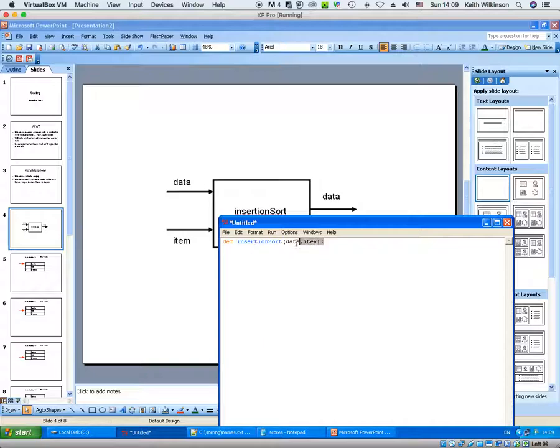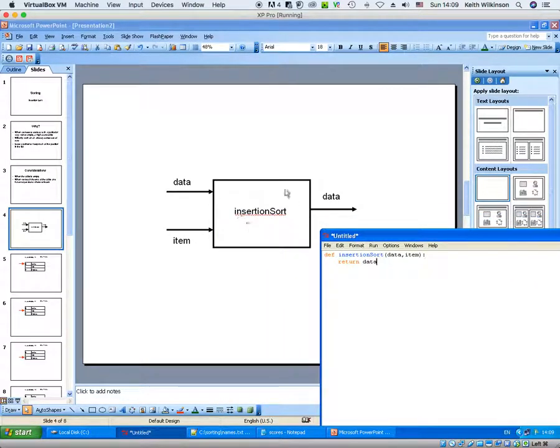All of this is called the function header. Now it's going to return a data item. So if I just press enter and type return data, I have now done all the programming that was labelled